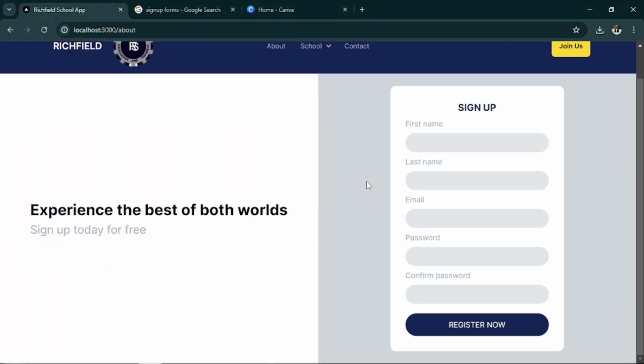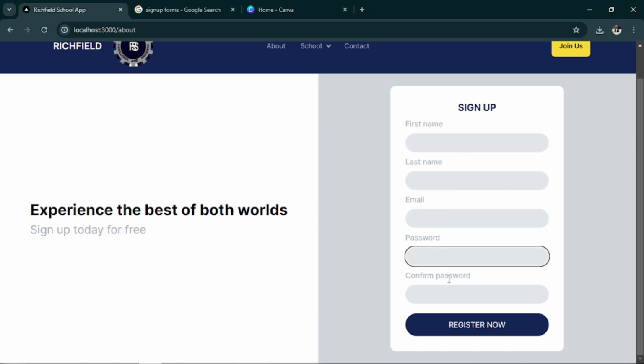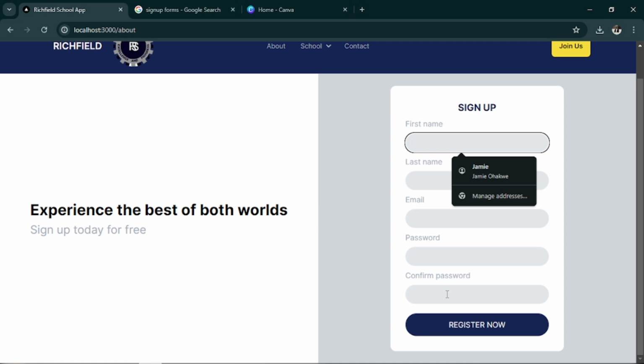So, as you can see, we are pretty okay with the sign up now. So, put in your first name, your last name, your email, your password, and then you confirm your password, and then you can sign in. And then you can see we are done with the sign up page. Basically, the next time we come on here, I'm going to show you how we can now put